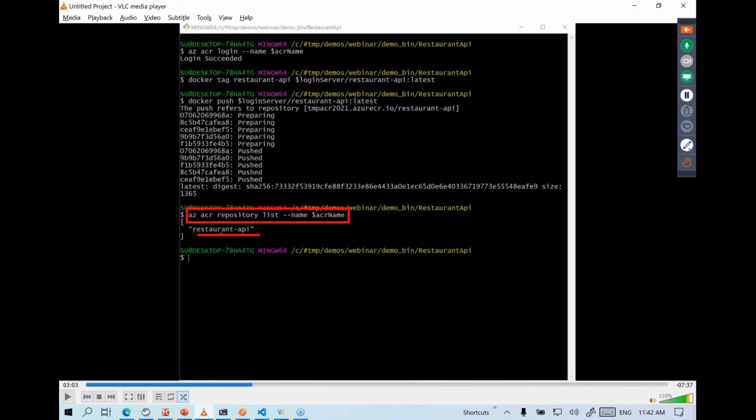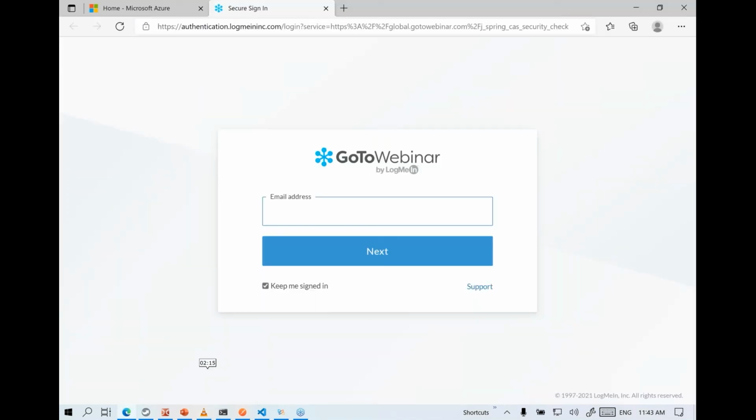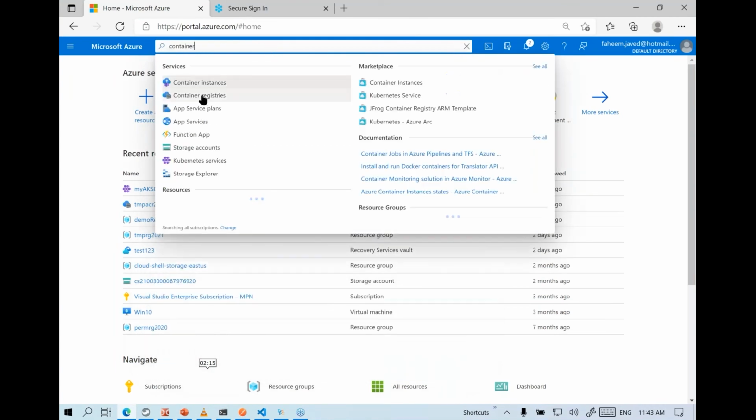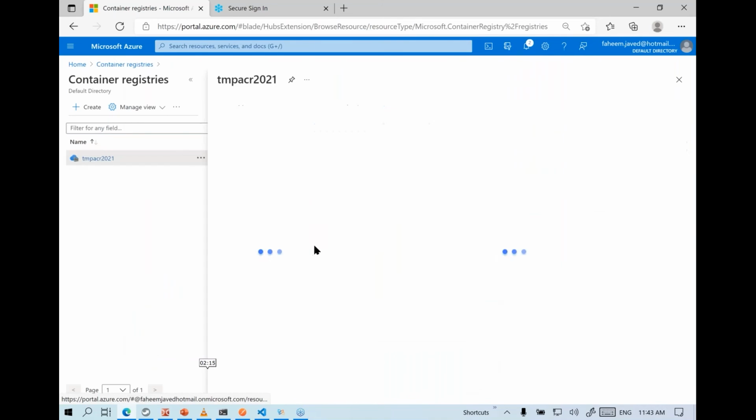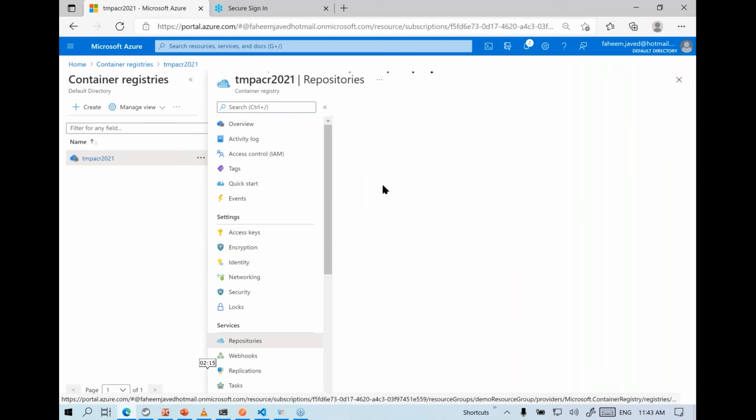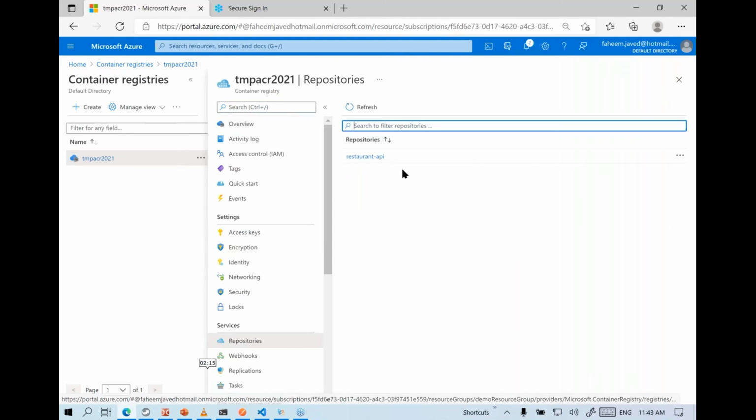In fact, you can choose to do most of these things graphically as well. If you go to the portal, let's say to your container registry here, you'll be able to see what images we have available that we have pushed from the local machine to Azure. If I switch to repositories, you'll be able to see the repository or the image here.